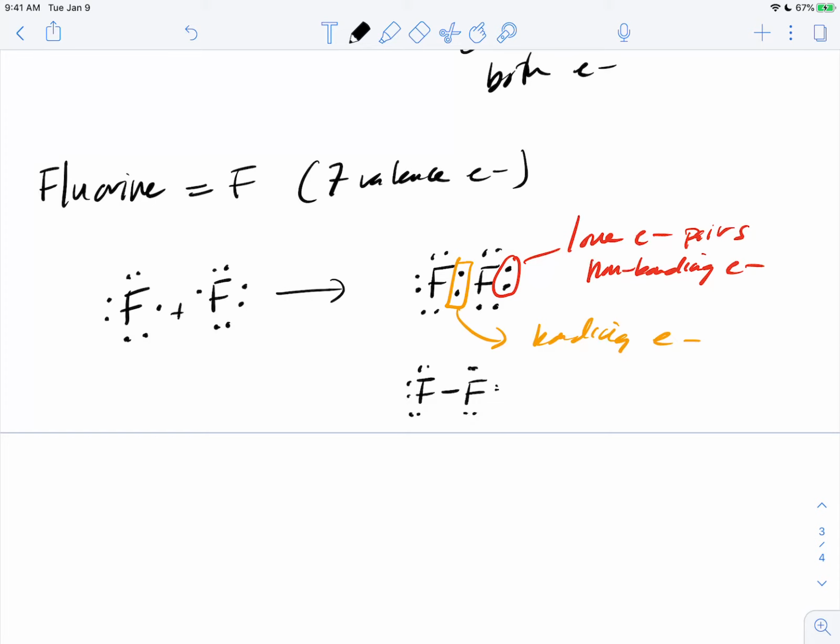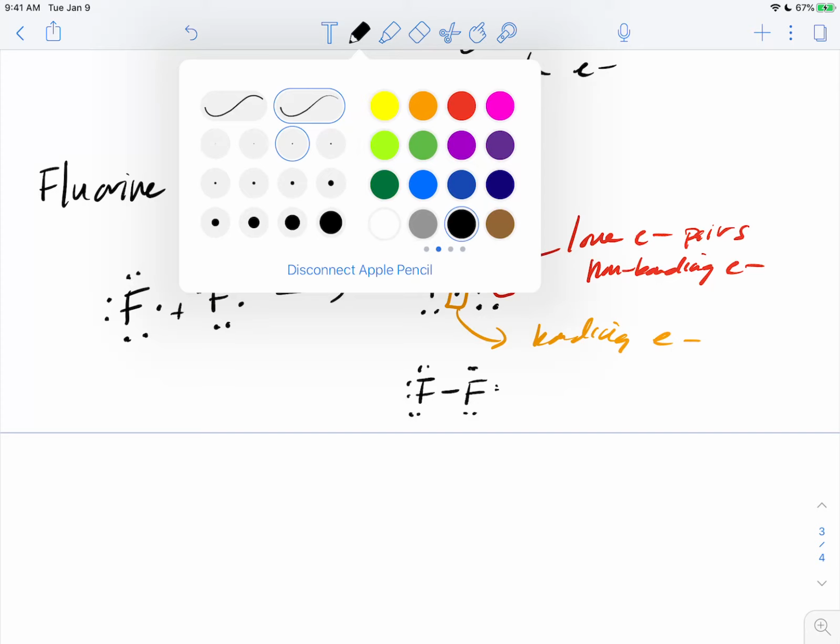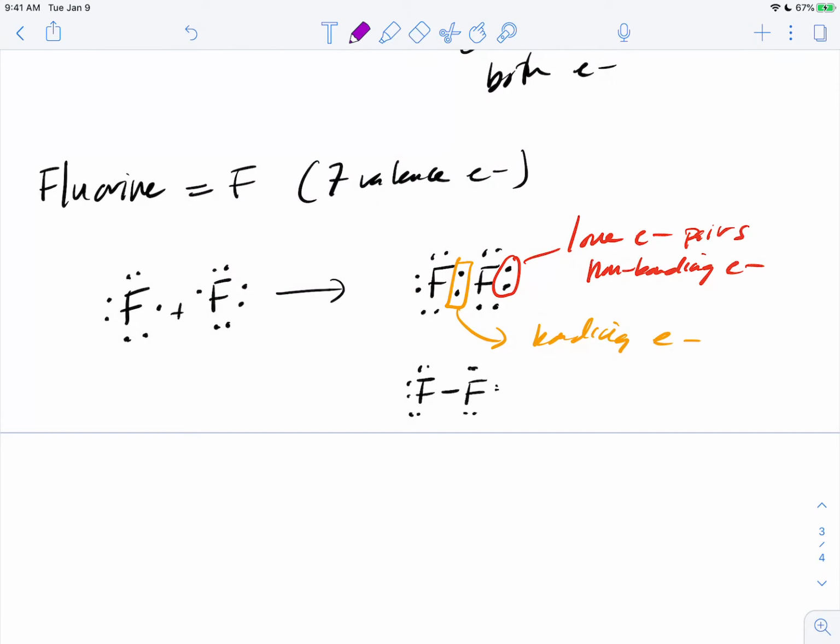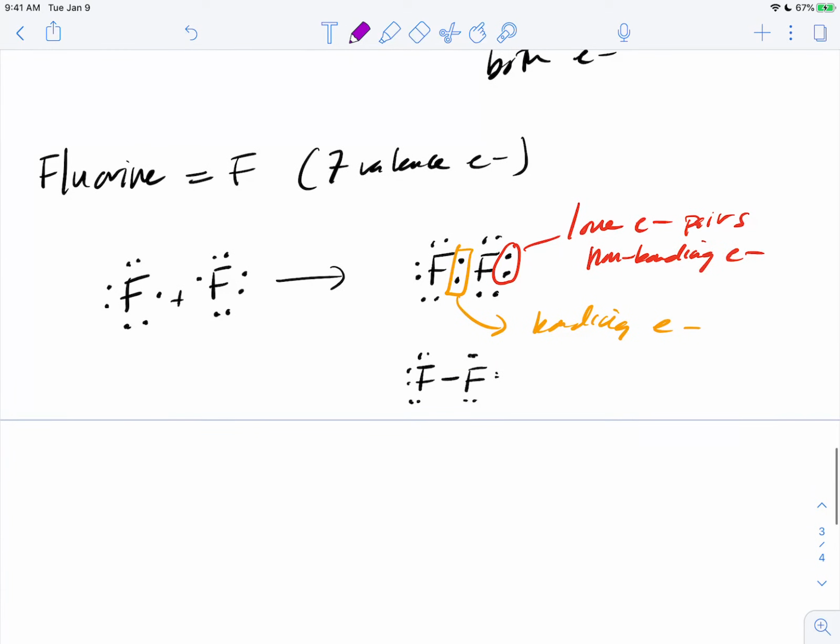So when we are making sure the atoms have enough electrons, or if we're counting up electrons, we consider this fluorine to have 8 electrons: 2, 4, 6, and 8. And then we would consider this fluorine to also have